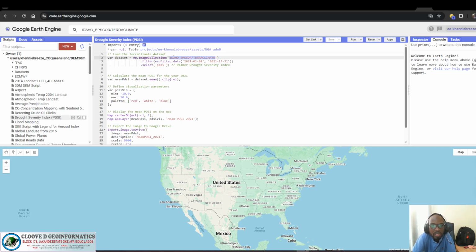We call up the data set. This is the data set. This data set contains all the bands that we showed in the last few minutes ago. Now here we are filtering the date. We want, from the information we got from here, when we open this, we saw that